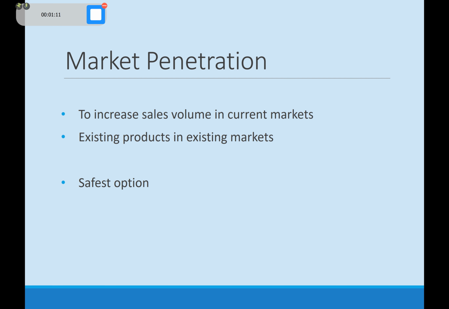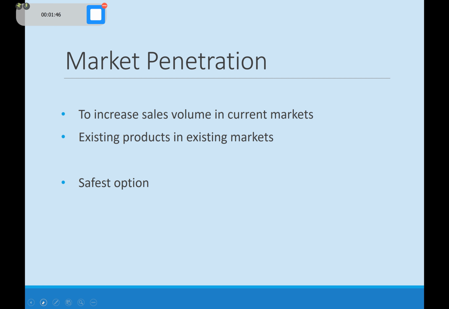So you're operating in an existing market with your existing products. So you're not trying to introduce anything new into the market. You're working with your existing products and you're just trying to make more sales for that particular product. And because of that, because it's a stable market that you're already operating in, you're well known, your reputation's already established, your products are attractive because obviously you're already selling them, but you're just trying to increase the volume of